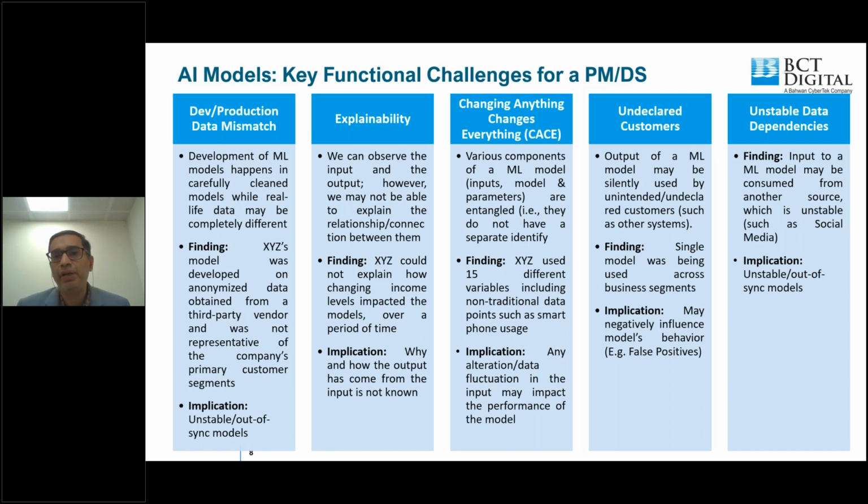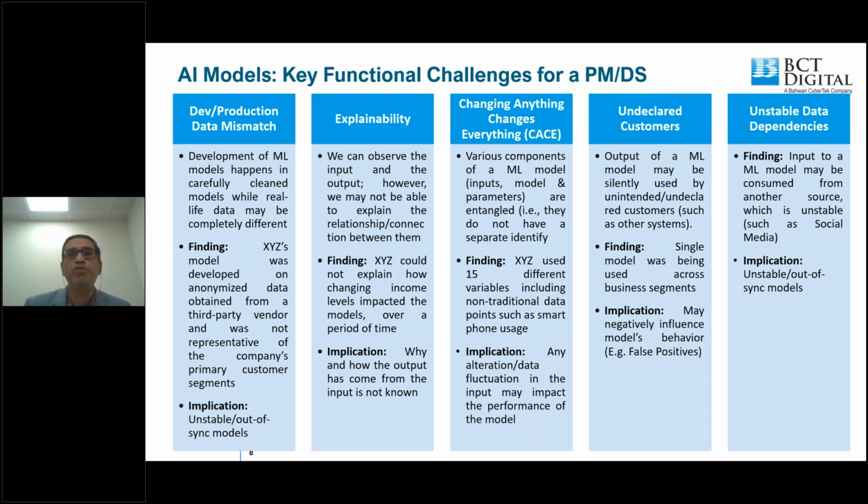For example, the scoring model was being used by, let's say, a lead generation vertical or lead generation business services, meaning the output from the unintended customer silently crept into the entire model itself. Actually, somehow the model was getting impacted due to that. So that's what we mean by undetected customers, meaning the model was not meant for a particular purpose, but